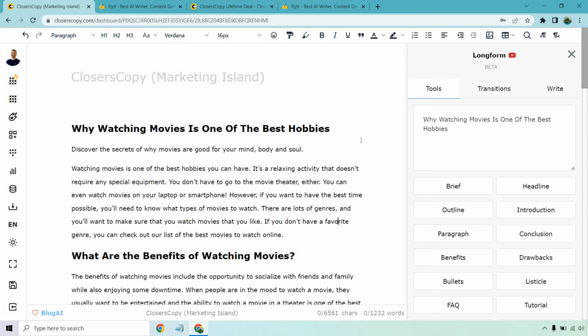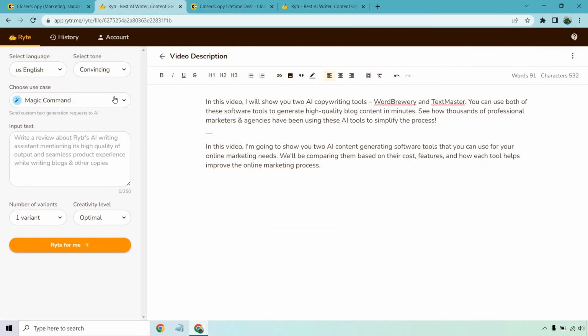Although Rytr is going to be a little bit easier to use, ClosersCopy will be a little bit more challenging in terms of the learning curve, but the more you learn it, the better you're going to get at it and the better quality content you're going to create. With that also being said, I do believe that Rytr is going to be great if you want more of